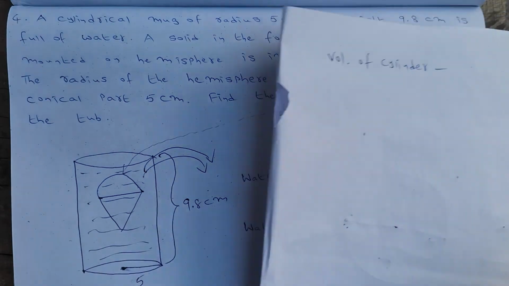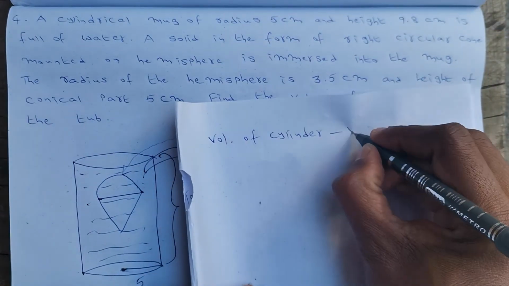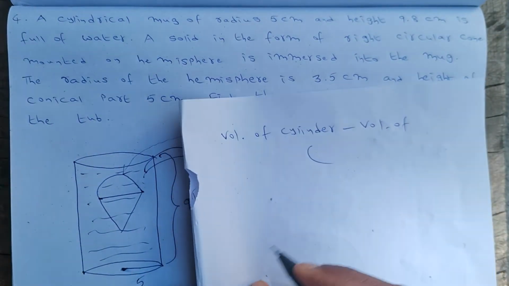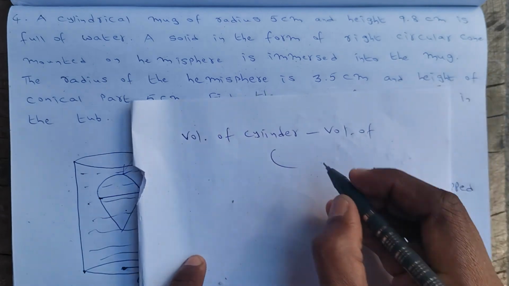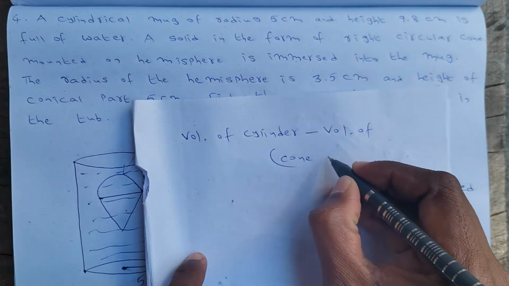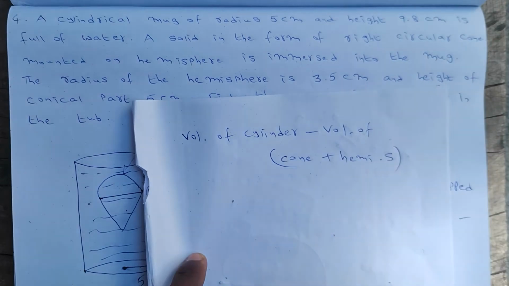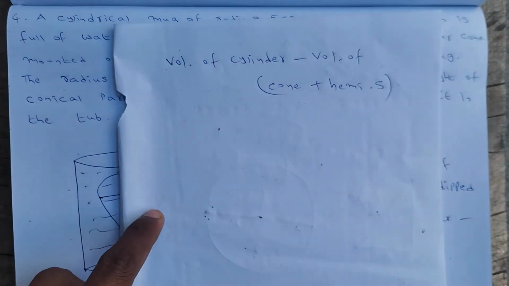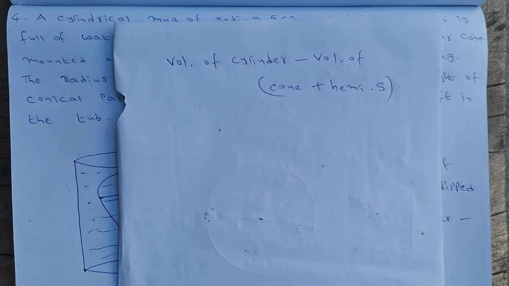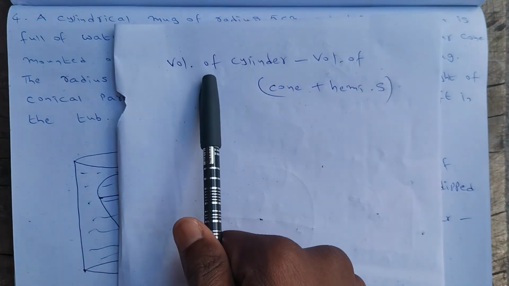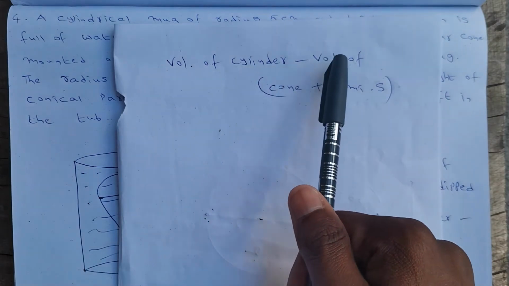So which object are we dipping? The volume of cone and hemisphere. Two figures are attached, right? That's why we are adding them: volume of cone plus hemisphere. So the water left in that container is equal to the volume of the total cylinder minus the volume of